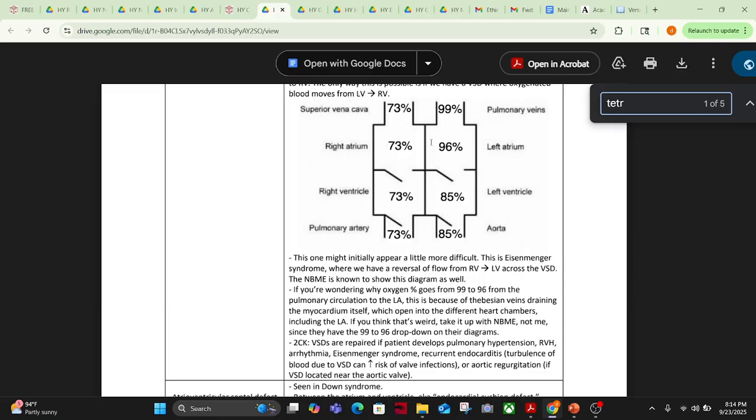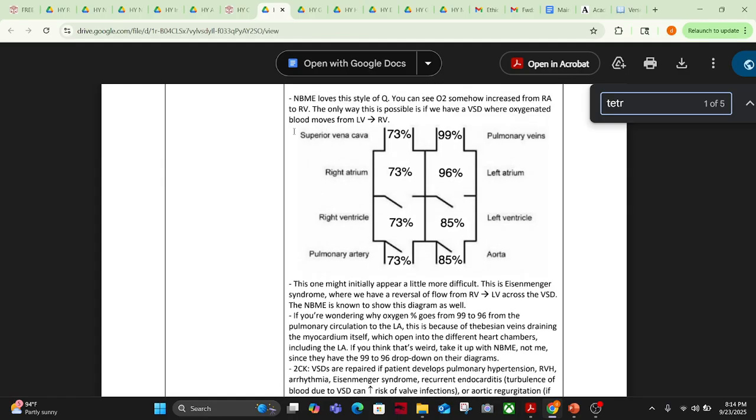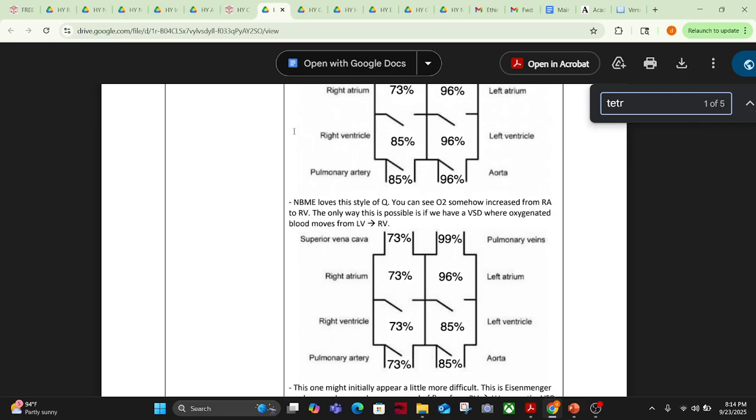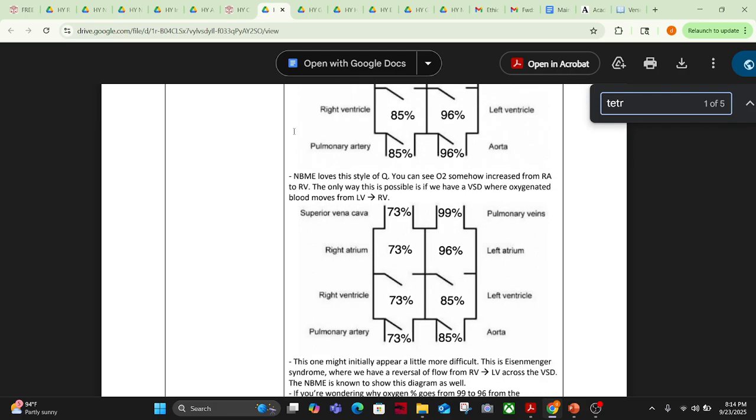So in tetralogy flow, we had flow from the left ventricle to the right ventricle, because blood always goes from high to low. But then in tetralogy flow, we have blood going from